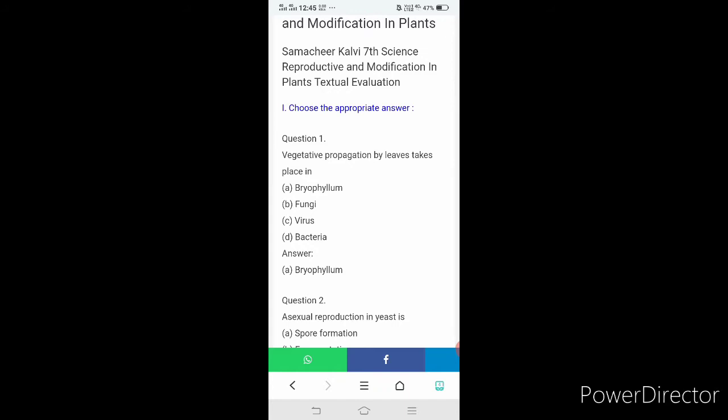Okay, I am giving the revision. I'll tell you how to present the test paper also. Then and there, if you want to note anything, you can note it down. Okay, first we'll see choose the correct answer.